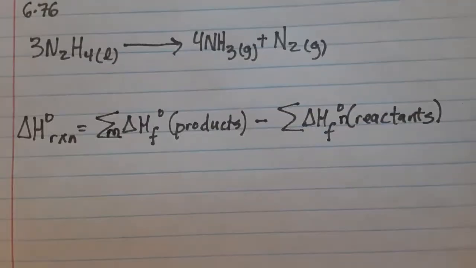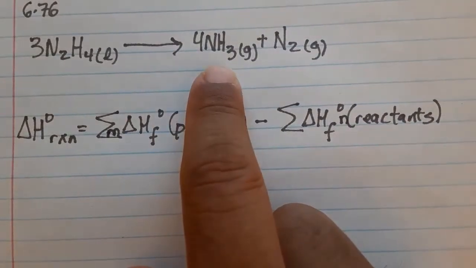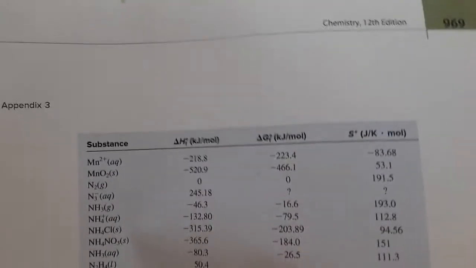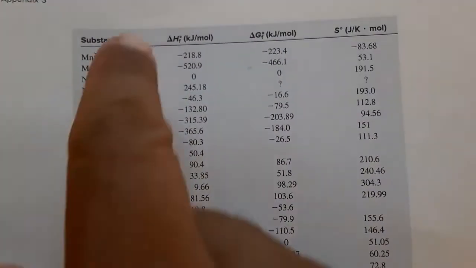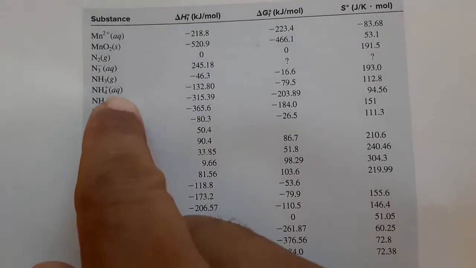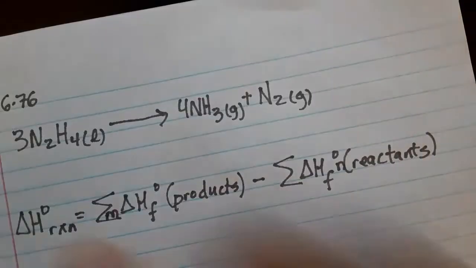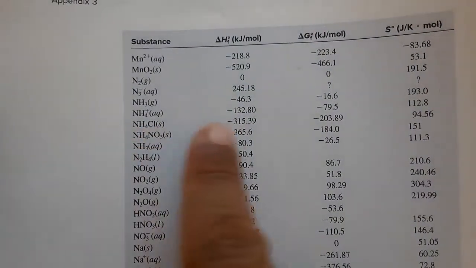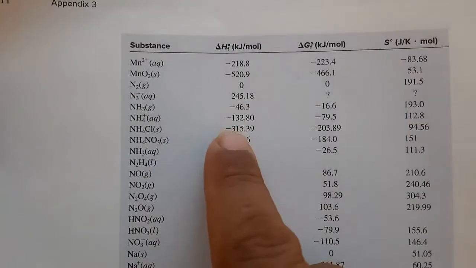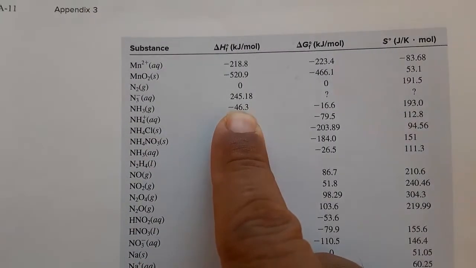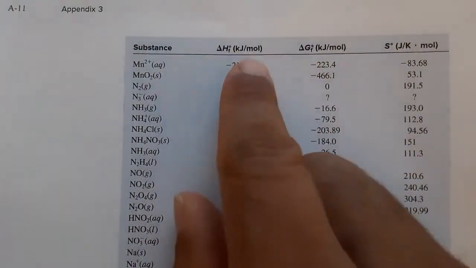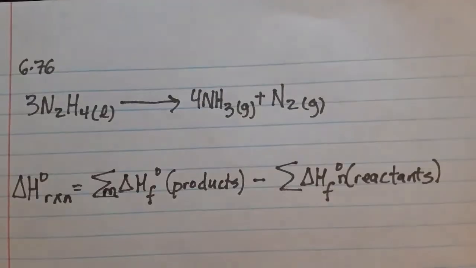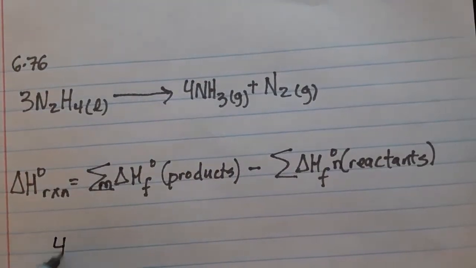So let's look at Appendix 3 to get these values. First of all, for NH3 gas, you can probably get this off of the internet or any other place, but here is Appendix 3, the standard enthalpy of formation of NH3. It's a gas, so make sure you have the right state. The standard enthalpy of formation is minus 46.3 kilojoules per mole. That's for 1 mole, this is important. We actually have 4 moles here in the product, so it's going to be 4 times